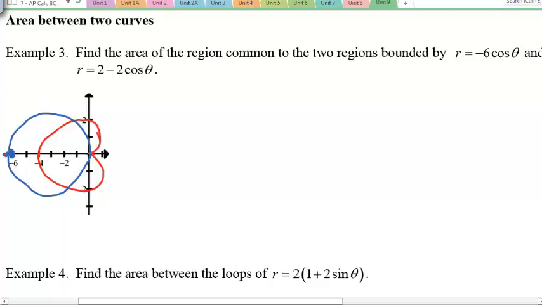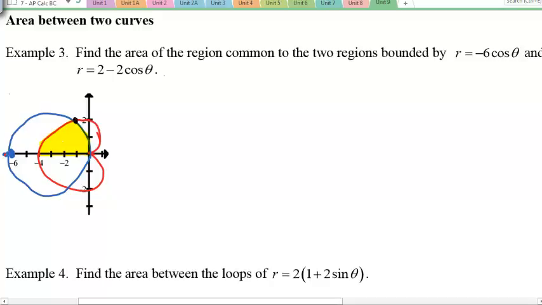Alright. So, if you're trying to find the area of the region common to the two regions, well, we're thinking about this whole part here, really in yellow. But maybe you can see some symmetry, so perhaps instead of looking at that whole part in yellow, can I just look at this part in yellow here, and then I'll just double my answer. Okay? I'm thinking this is probably a key point, because it seems like there's an intersection, so let's try to find that. You can use your graphing calculator